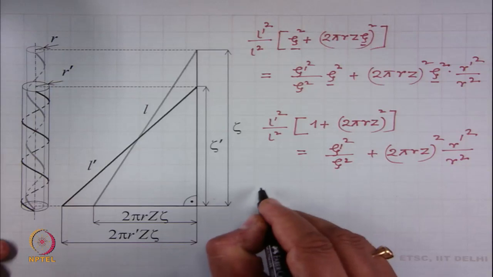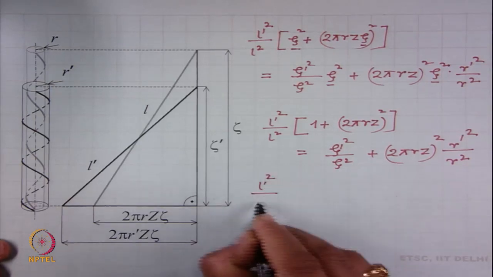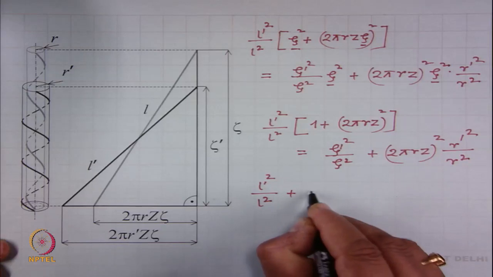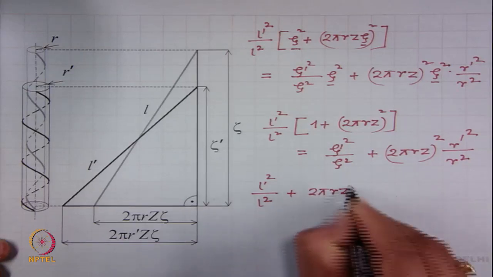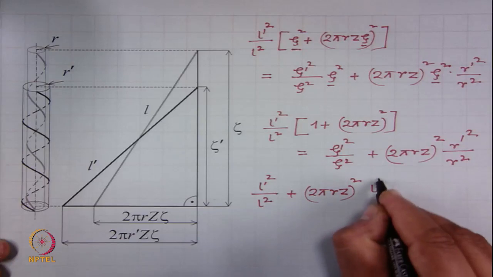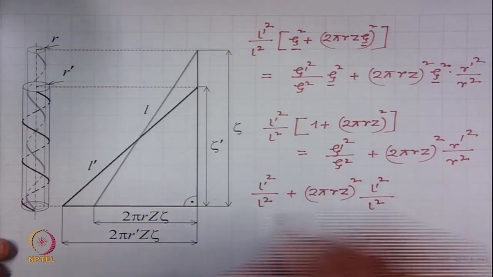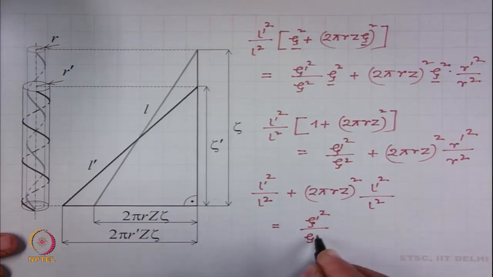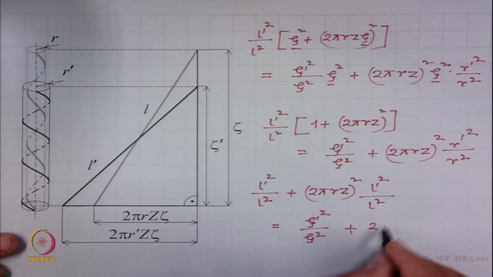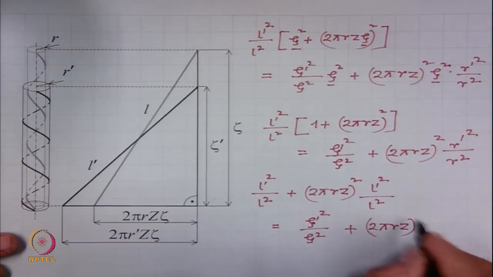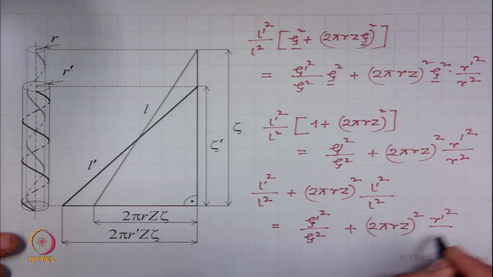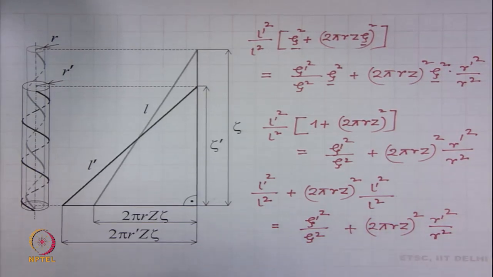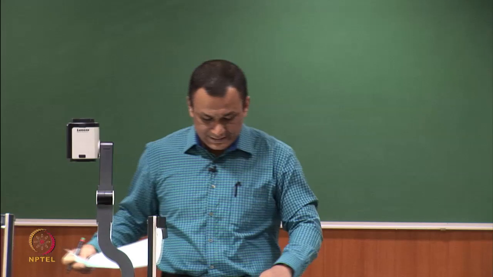So, further we can write this expression, this plus 2 pi r z square into this by this is equal to plus 2 pi r z squared by r square, right. Now, this equation we can further write as